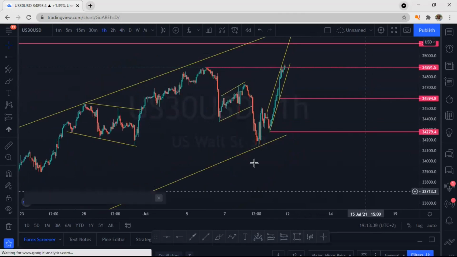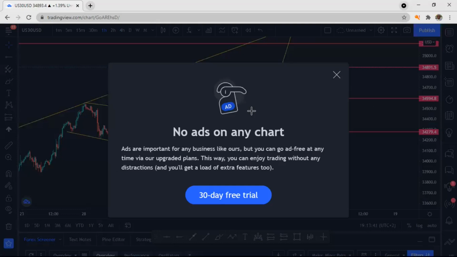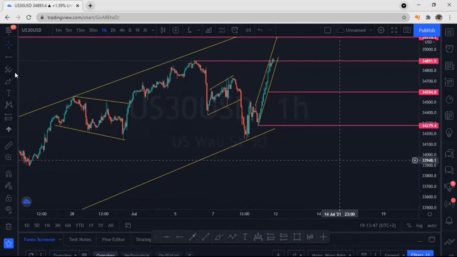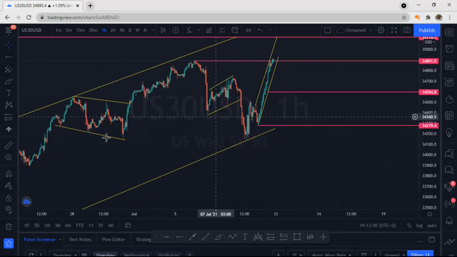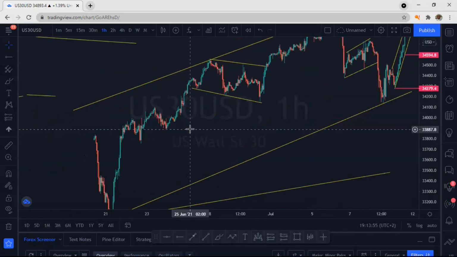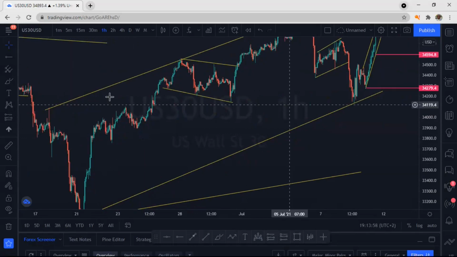I'm looking at this pair because last week there was a good sell on this pair, starting from here. I think we're going to see it in 15 minutes, nicely, because we don't enter here. When you look at this pair, it has been in this channel, correct, guys? This is still a correction, the whole of this is still a correction.